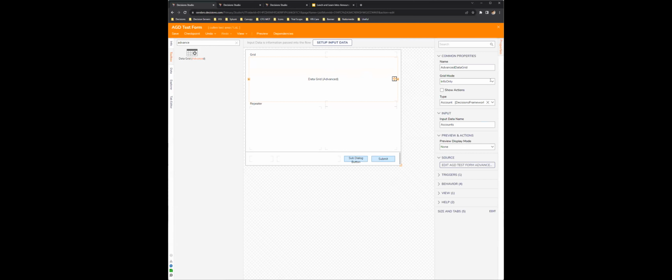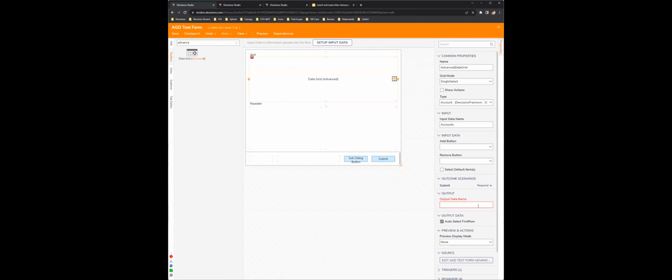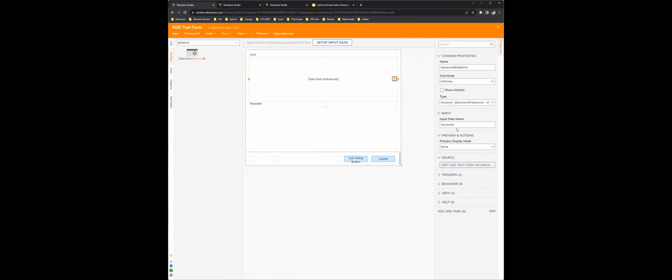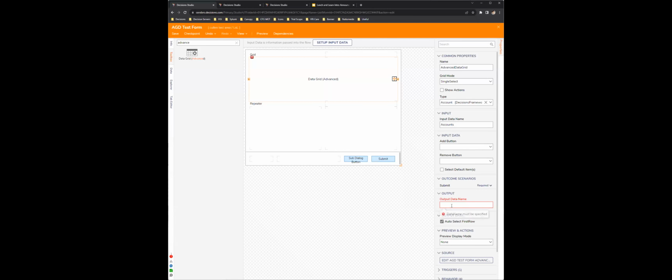We have to make sure we could do input only. I'm going to make it single select. The difference here is if it's info only, we're not really able to access any of that data. Single select has an output that we could leverage.